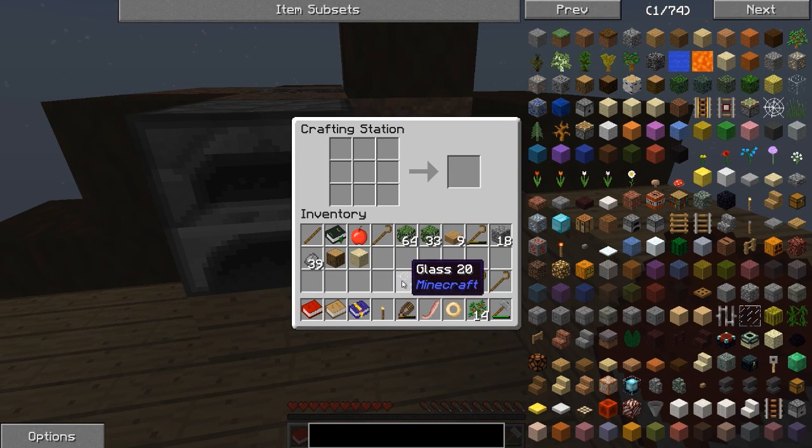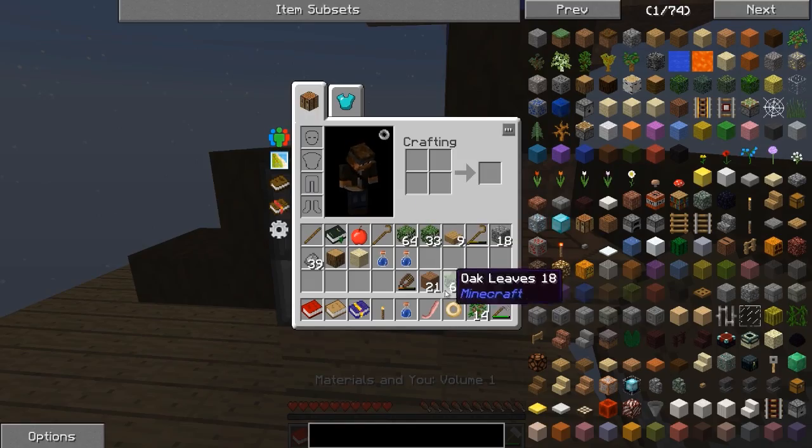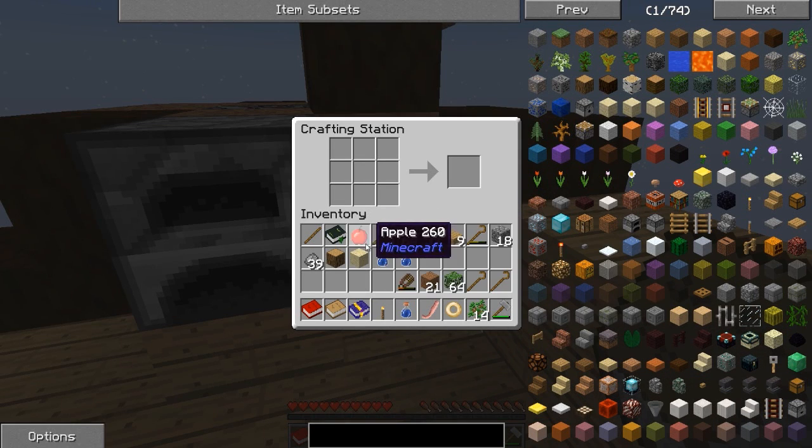All right, so we got ourselves some glass. We're going to make this into some bottles like that. This is going to give us water in our bottles, and we are going to convert this. Didn't I get more...